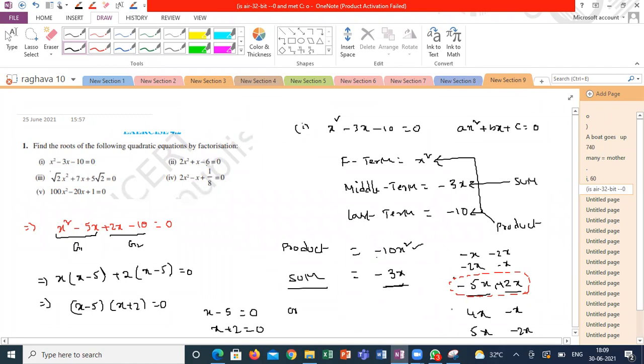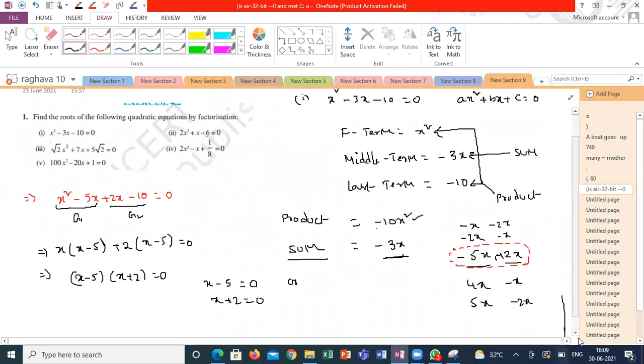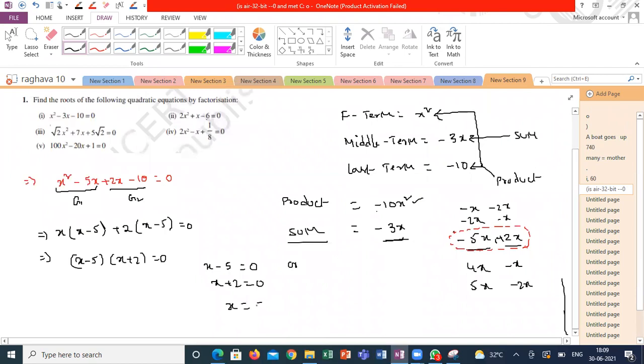So the x values, the solutions of the given quadratic equation, are x is equal to 5 comma minus 2. This is my answer. For verification, if you substitute these values in the given question, your LHS will become RHS. Guys, is it clear what is meant by the factorization method? Another name, in some books they will call it splitting the middle term. This method we generally call splitting the middle term. Is it clear, guys, what I'm saying?